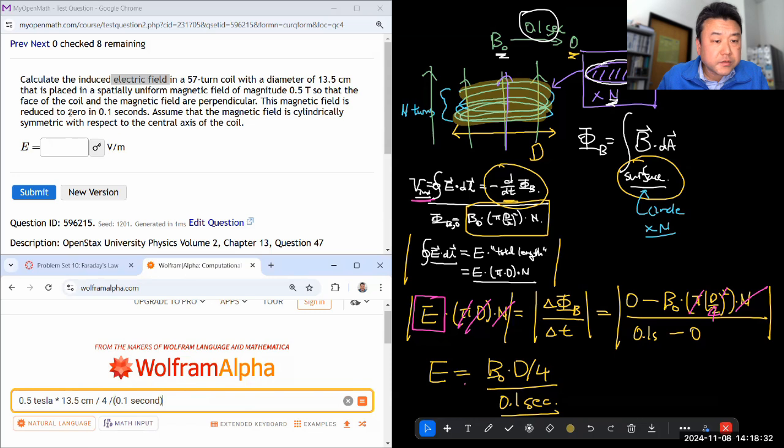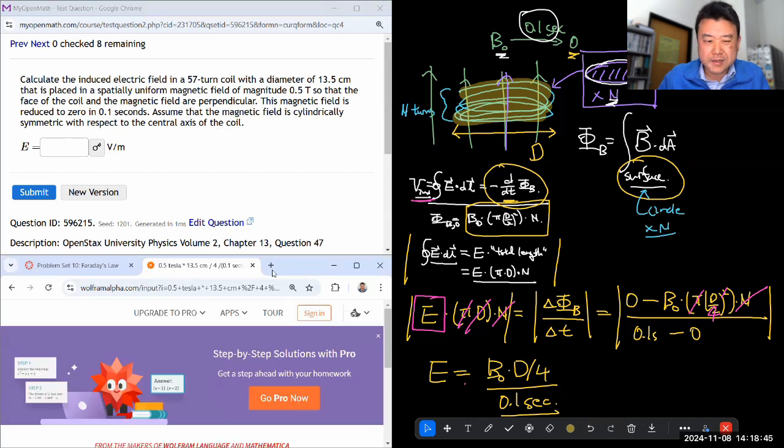The problem says the magnetic field is cylindrically symmetric. I don't know if I needed that. I mean, it's uniform. Maybe this is meant to be the electric field, or I'm not sure. That last sentence seems unnecessary, especially the uniform magnetic field. But well,